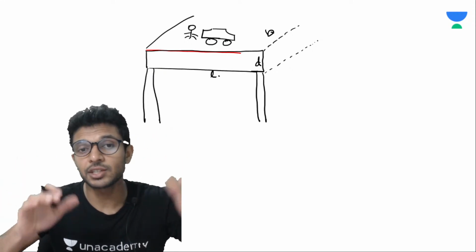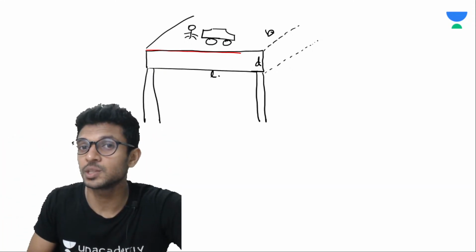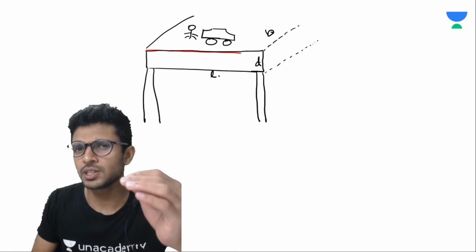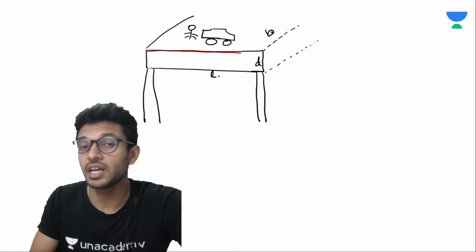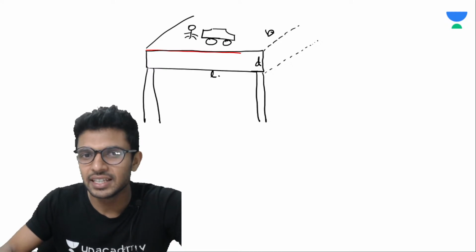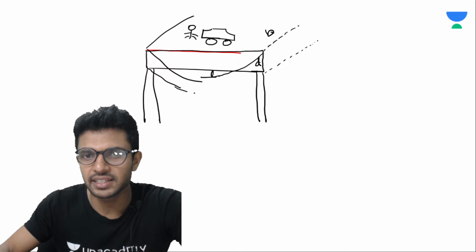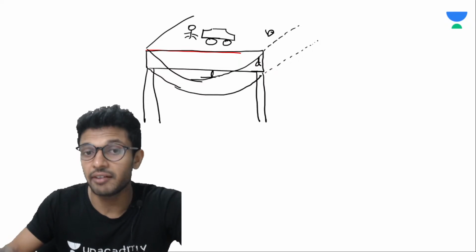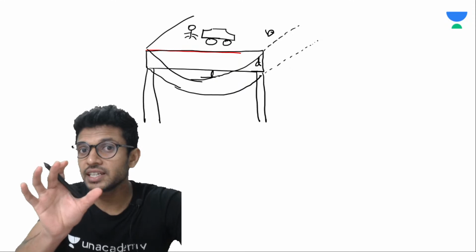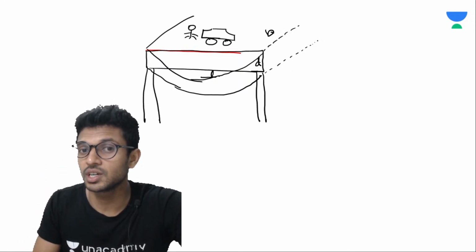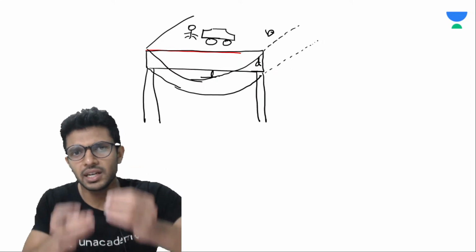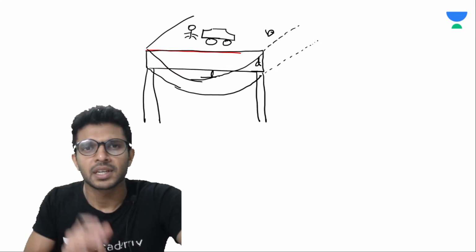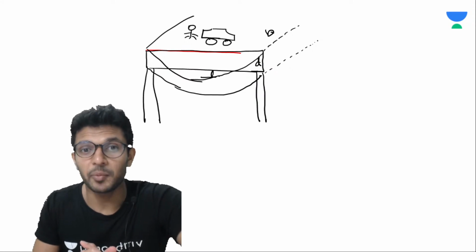Matlab, there is a chance of heavy load on this particular bridge. What is the possibility on that bridge if there happens to be a very high load? Yes, look, there is a chance that the bridge will have bending like this. Can you see that? So it is the duty of the construction worker to keep that bending to a minimum value. Else, the bridge will bend and break. We don't want that to happen, right?